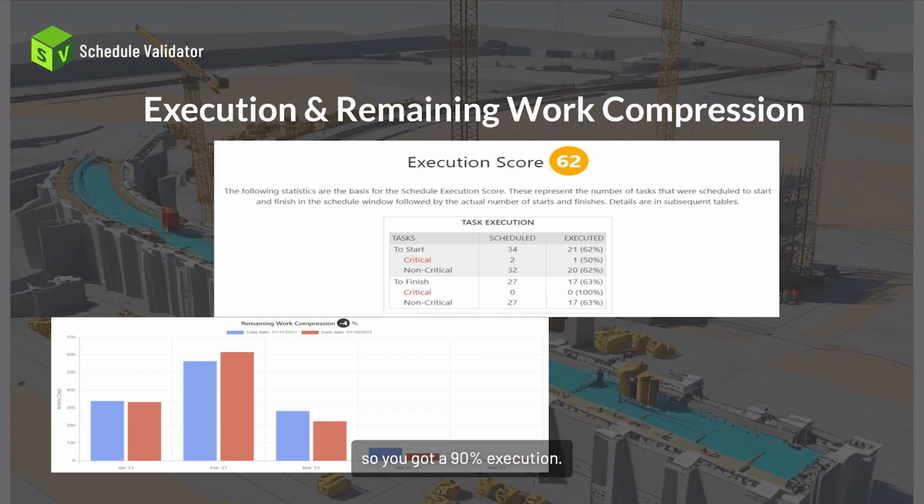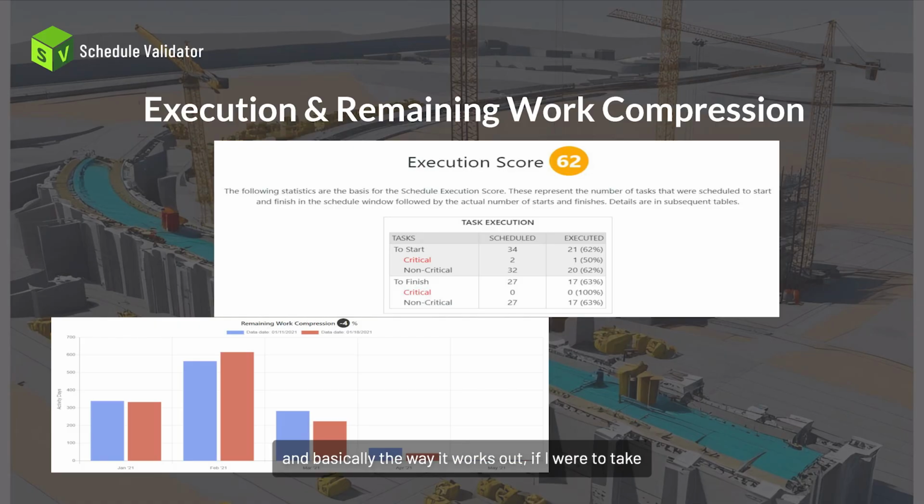So you got a 90% execution. We modified that in the summit process and said, hey, you know what? Sometimes there's two things that we modified. Number one, we're doing it window by window, month by month. And we said, we're not going to just do it to the baseline. You can run the report to the baseline, but we're going to say, hey, last month,